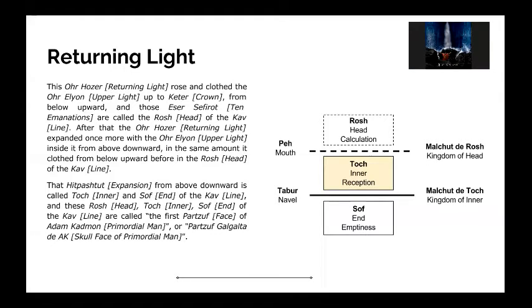It's going to convert from egoism into altruism, and then you could say part of that phase 4 is injected into the phases and actually converts it into altruism. So that's that. The Or Chozer on one end is going up, but because you've got the Or Elyon, the upper light, inside it from above downwards, right? It's going to take part of that Or Chozer with it. It's like into the toch, yeah? Yes, into the toch, yes.